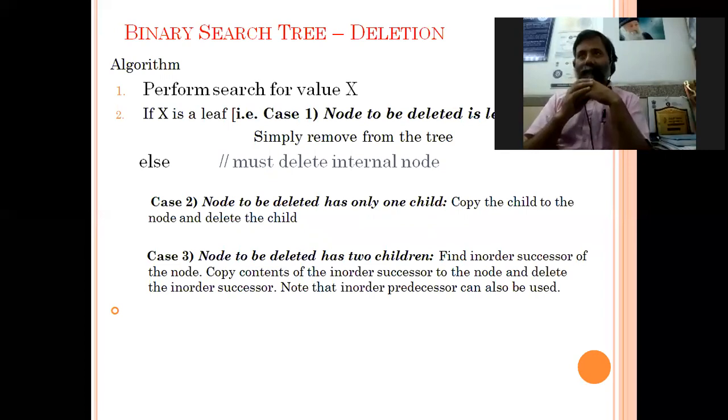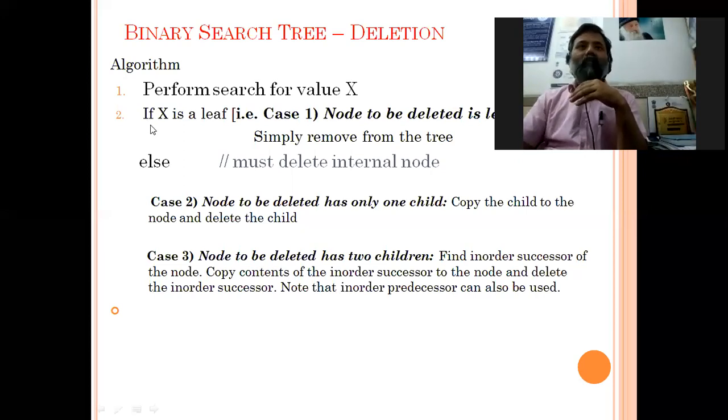If we want to delete any node in the binary search tree, then we will replace that node by another node in its subtree. It may be in the left subtree, it may be in the right subtree. So we will have three cases here.